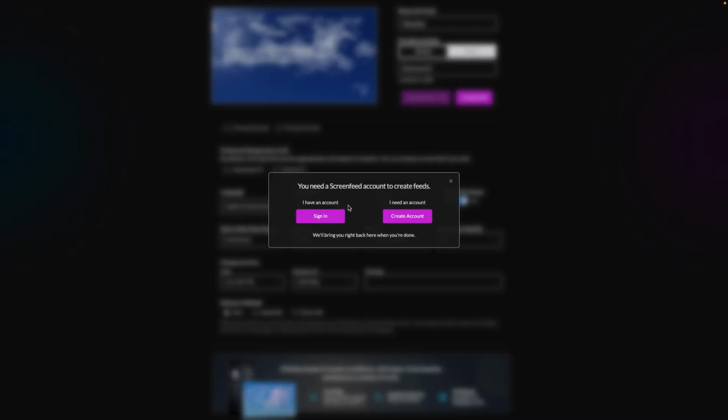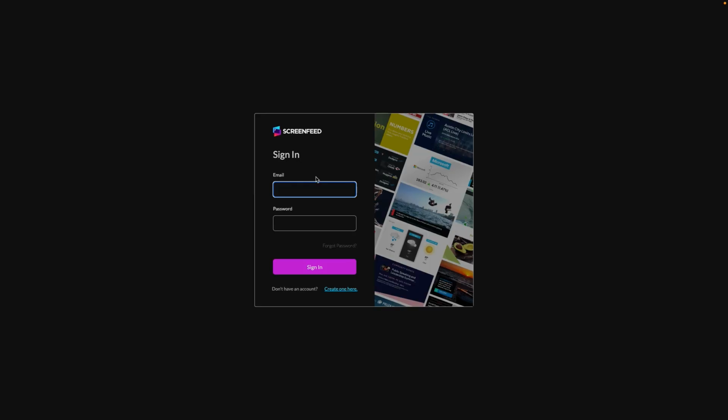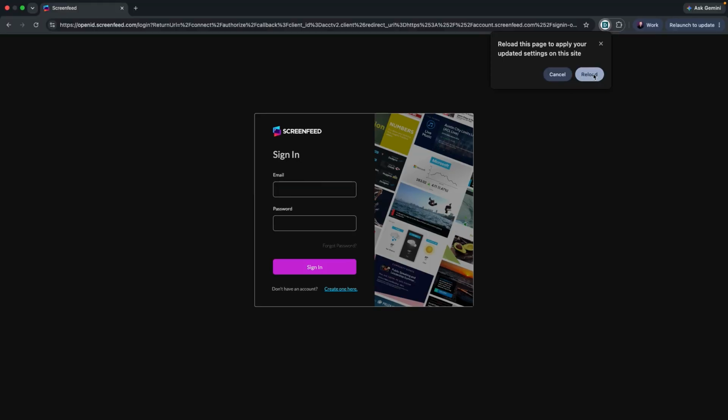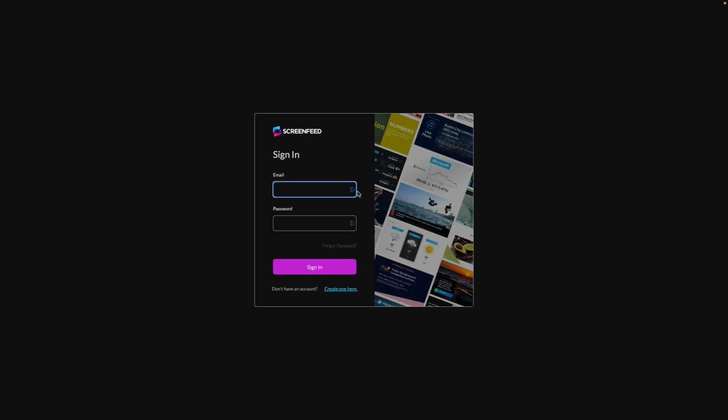Now, if you have an account, you can sign in. If you need an account, click Create an Account and fill out the form. A 30-day trial will be applied for Cinematic Skies, where you, at the end of that trial, will be able to choose whether or not you want to continue. Either way, if you click sign in or you create an account, once you have gone through that process, it will return you to your configuration screen.